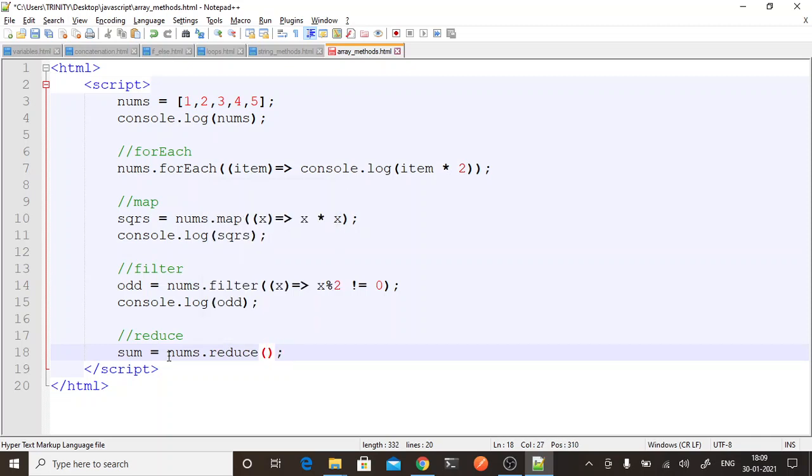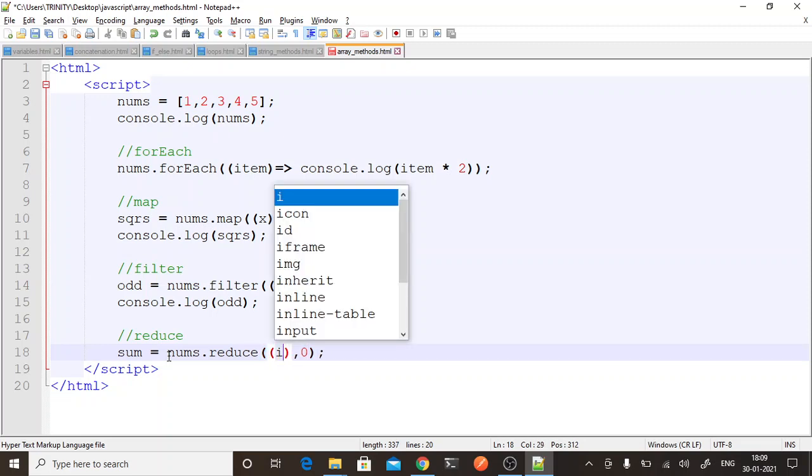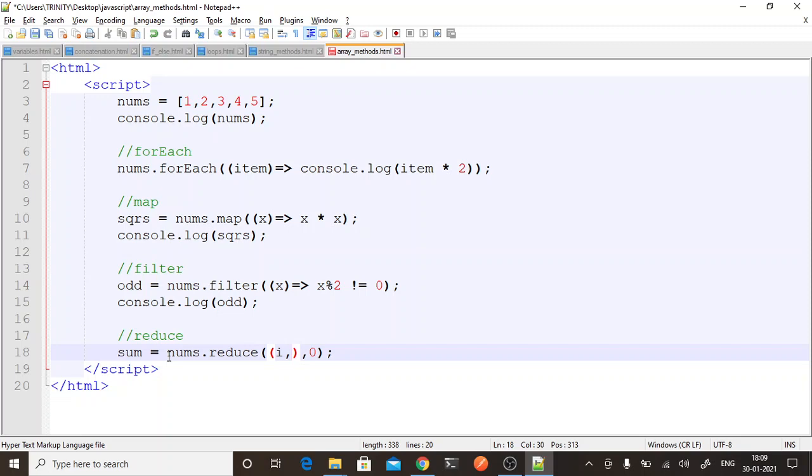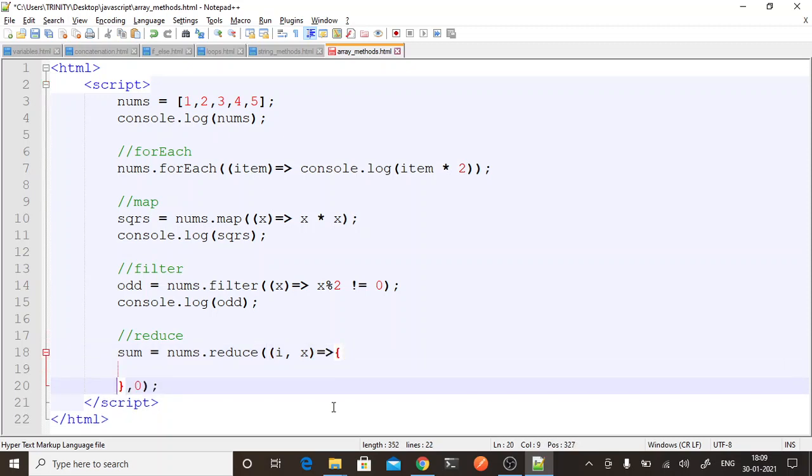Reduce also takes one argument, and one more argument you have to pass. So here, for example, we are initiating a number with 0, and then we are adding our element into that. So this is the method. We have to tell it to add, so it has to be added one by one to something.